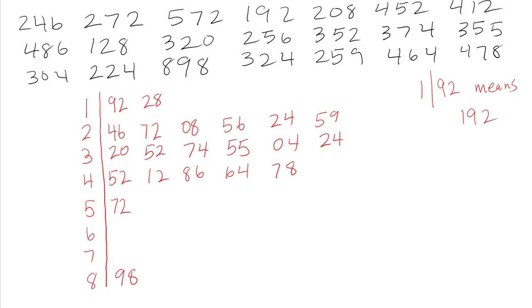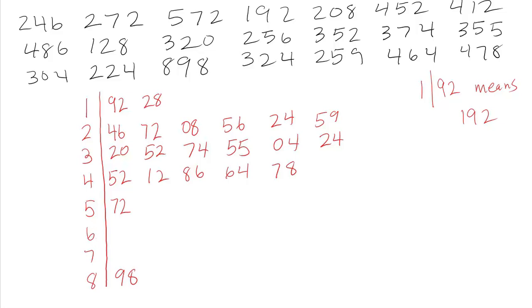I can see that the data tends to be lumped in the 200 to 400 range. There weren't a whole lot of bestsellers in my data set that had fewer than 200 pages. There certainly wasn't very many that had more than 400 pages. We see this big gap, and then we've got this kind of anomaly that sits in the 800s. And that gap allows us to easily identify that this number is kind of strange. We call a number like this an outlier because it sits so far away from the rest of the data set. But being all on its lonesome like that is much more striking because we left these stems in there